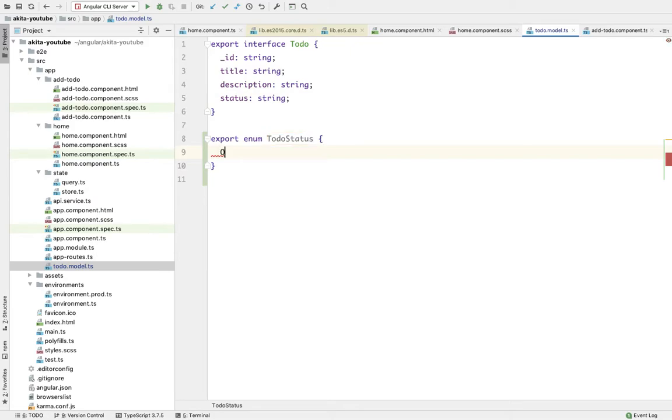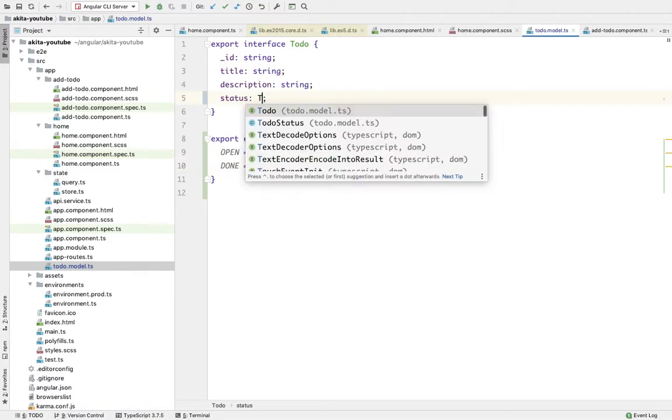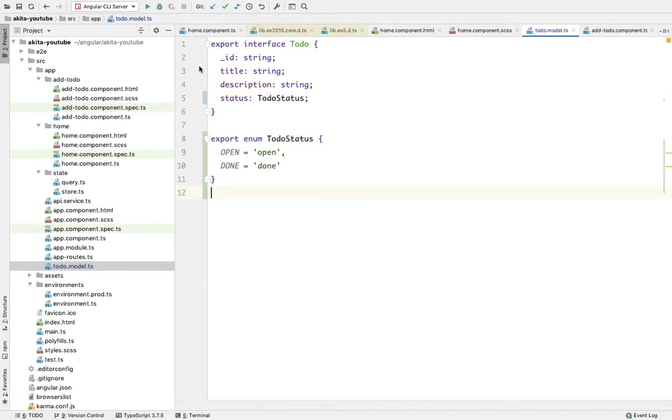First will be Open, which will be the default. Another will be Done. So now this status will be of type ToDoStatus.